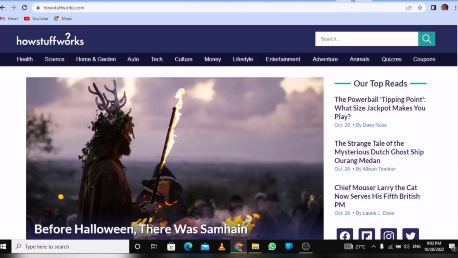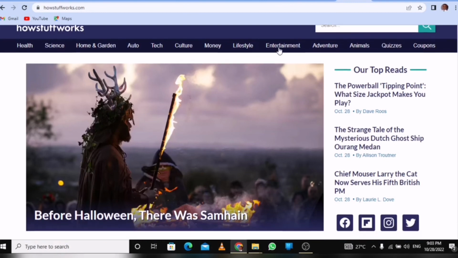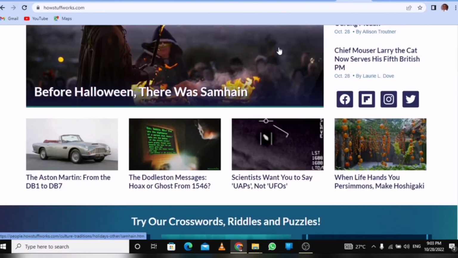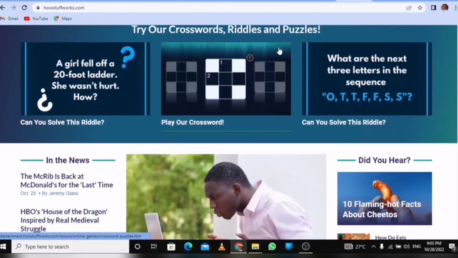The last website is called HowStuffWorks. HowStuffWorks is an educational website dedicated to stirring curiosity and explaining the world around you. This website tries to explain the world around you, giving you concepts from past years and present years. So I urge you to visit this website. So these are the best websites for engineering students, and I urge you to go through these websites and